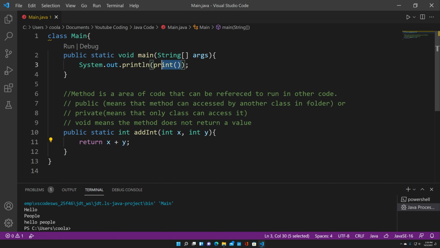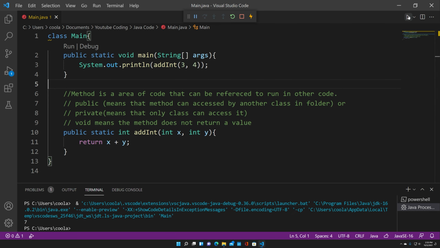So then you can do add int, and then you can have 2 plus 4, for example, and then you'll get 7, because what happens is,